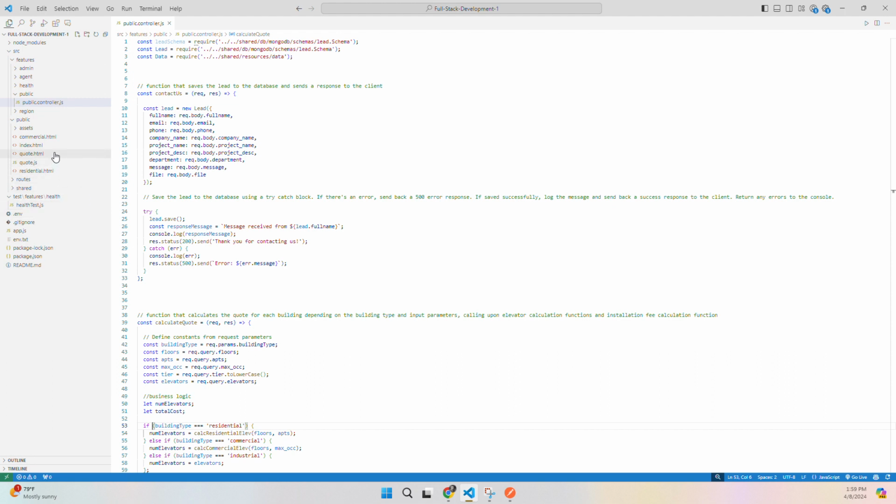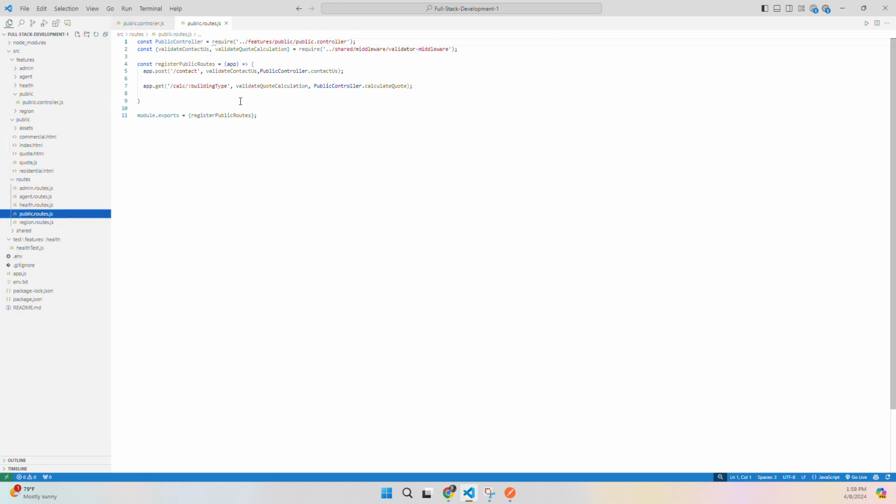So you can see in our routes, which is here in public routes, I've imported the validate quote calculation as well as validate contact us and have queued these up in the